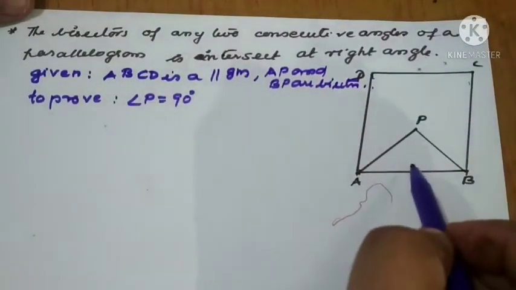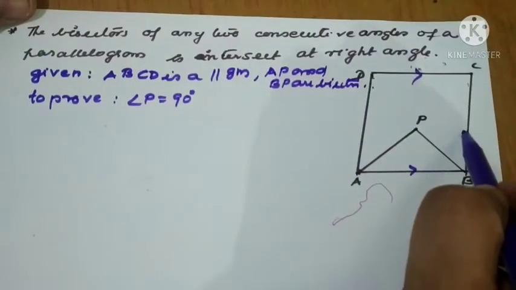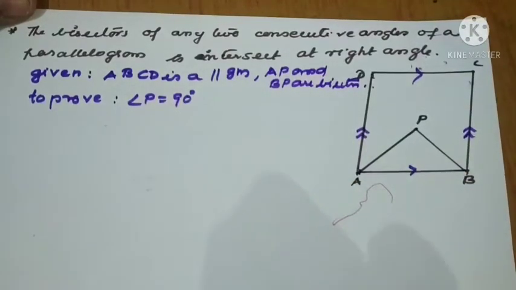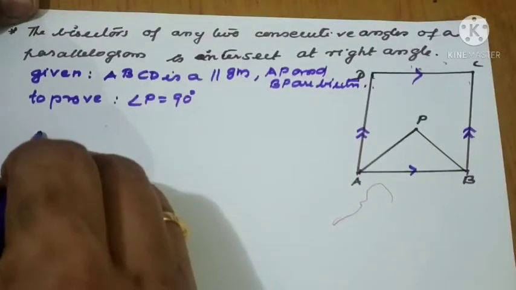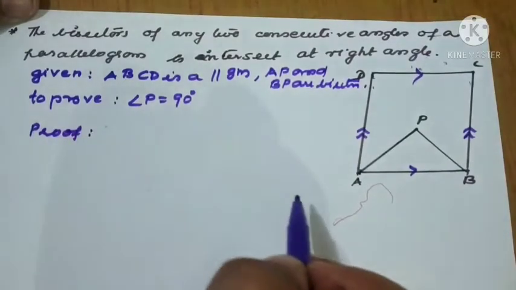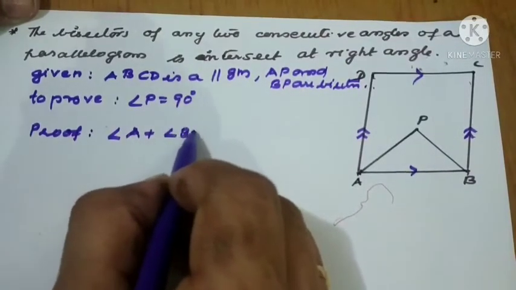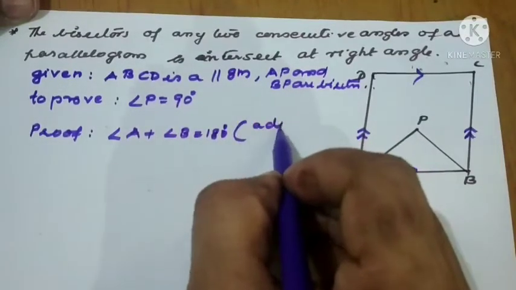So what is given and all we have proved. Now what can we mark? Parallel sides and equal sides also. Second parallel with equal, because it's a parallelogram. Okay. Now what can we start with? Angle A plus B equal to 180, right? Angle A plus B equal to 180 degrees. Adjacent angles are supplementary.